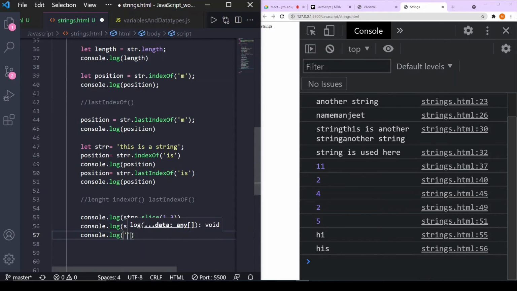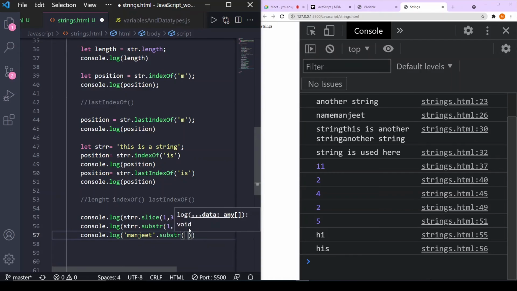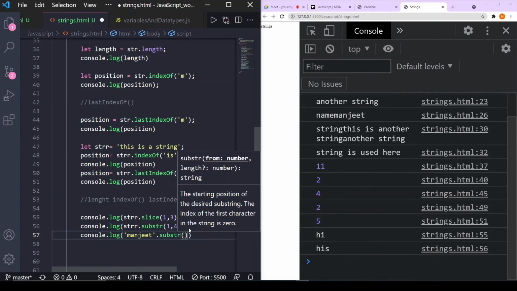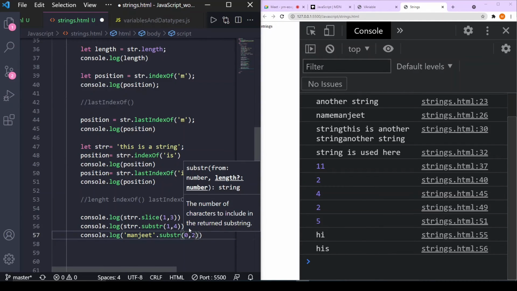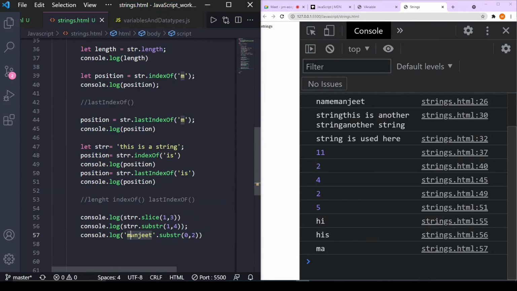I want to use the substr function on my name. I want to start from index 0 and I want a length of 2. So let's see. From index 0 it gives us the first two characters, M and A. From start index 1, okay, it has given us four characters here. One of them is the blank space. You can see there is a blank space after S.